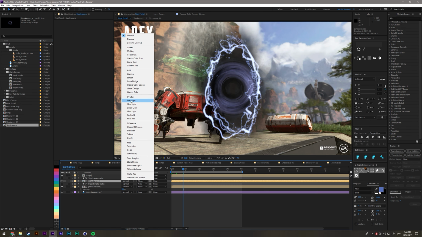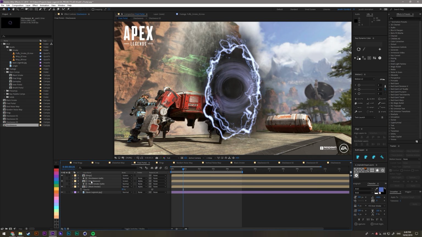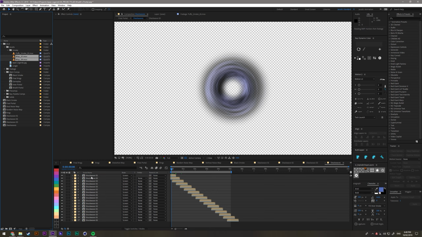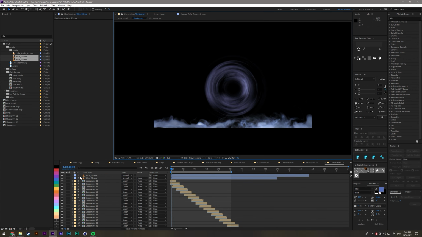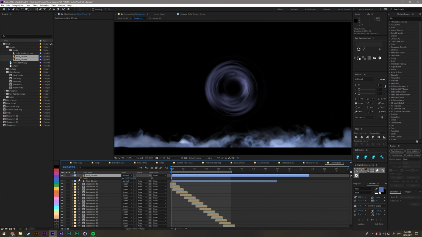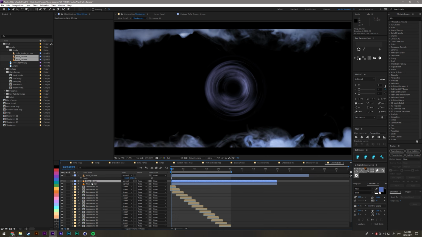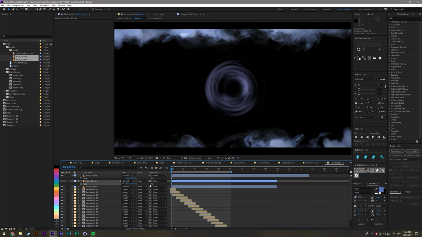Set the shockwave layer to screen. Alright, I've got these two wisp videos here, they're just stock effects. I'll bring those both down into the Shockwave layer. If I keep two of these layers the same, and then also duplicate them and make two of these layers upside down by setting the scale to a negative value rather than positive,